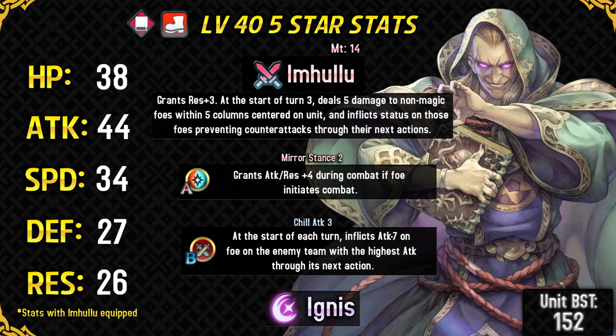His A slot skill is Mirror Stance. It is a decent skill for him and definitely gives him the much needed attack and resistance, I guess, in the enemy phase. But Fury is a better A slot skill for him because it does increase his speed, and that's his strongest stat. His B slot skill is Chill Attack, which inflicts a -7 debuff on the enemy who has got the highest attack on the map from his tome,